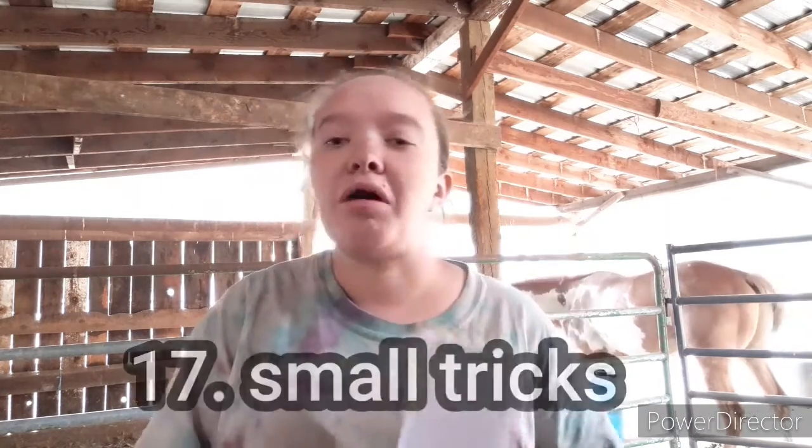Leading on the halter. Kamani is really great at leading on the halter, but sometimes she's clear back here, and sometimes she's clear up here. 90% of the time, she's where she's supposed to be. You can just practice on that. And last but not least, small tricks. Smile. You can do shaking their leg. That doesn't take very much energy, just tapping their leg till they pick it up. But those are 18 or so things that you can do with your horse when it's smoky